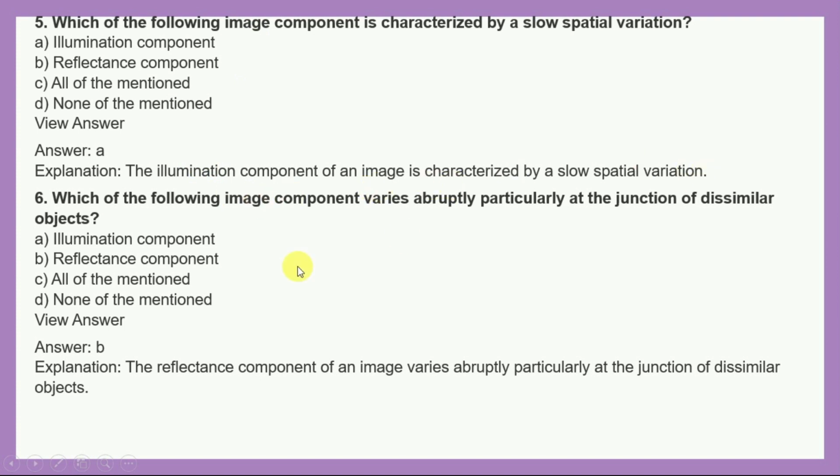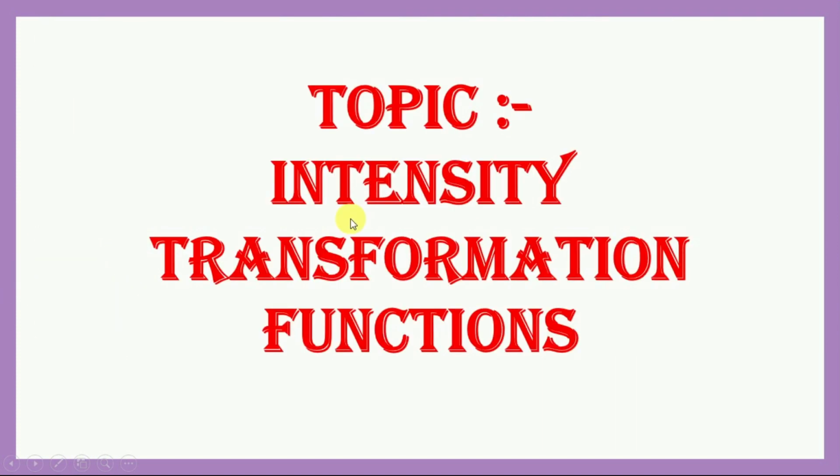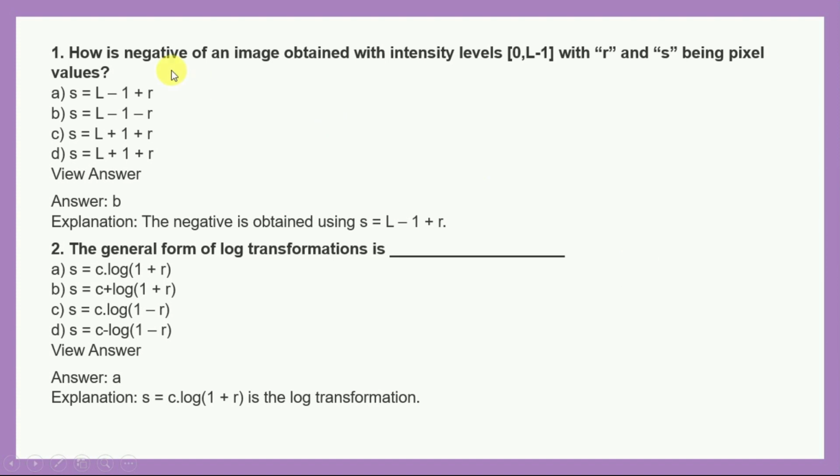spatial variation. Now next question is, which of the following image component varies abruptly, particularly at the junction of dissimilar objects? So answer is reflectance component. Now the next topic we are going to see is intensity transformation functions. So how is negative of an image obtained with the intensity level 0, L-1 with the R and S being pixels value? So answer is, here we have the different functions, and the right answer of this